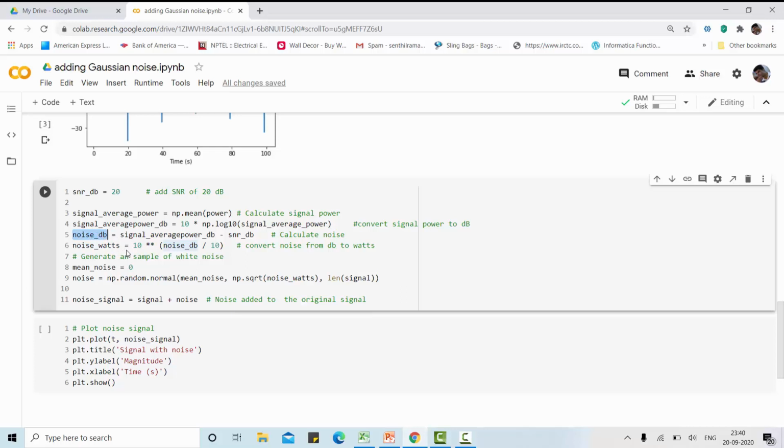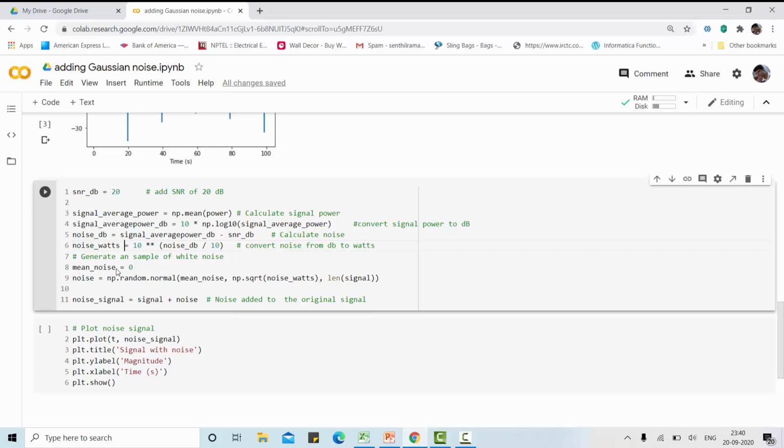Then you convert this dB value into ordinary power, the noise power. So noise power is simply the anti-logarithm of that value, 10 double star noise dB divided by 10. That converts noise from dB to watts. Then I am generating noise samples for the entire length of the signal.